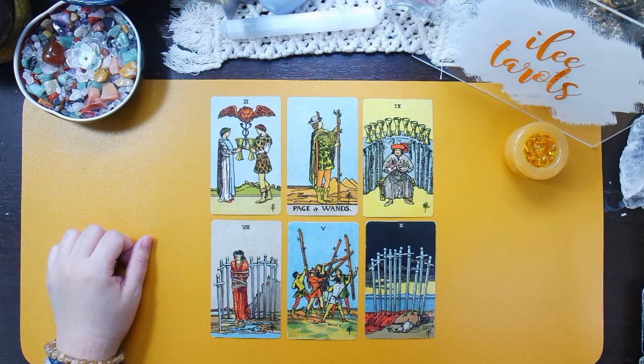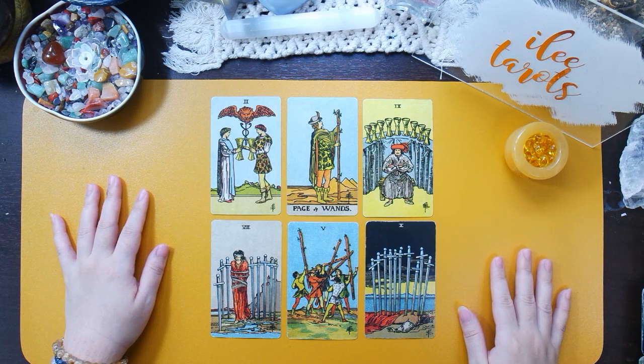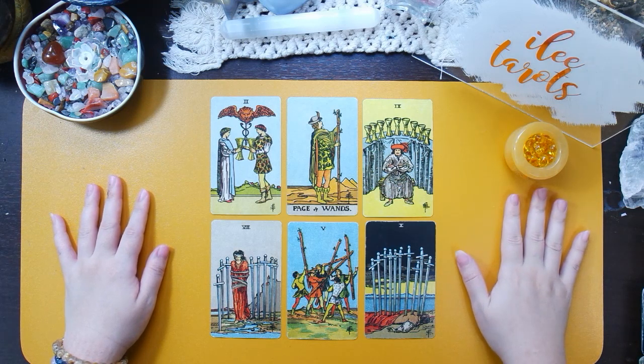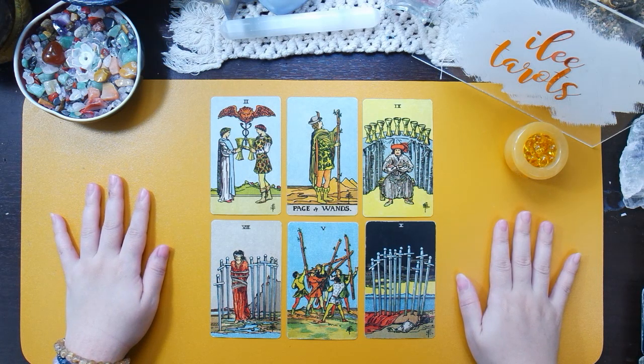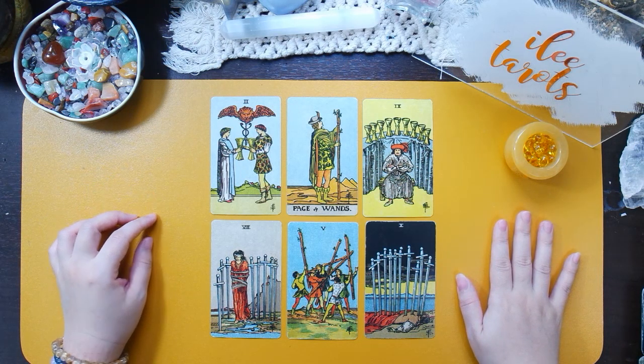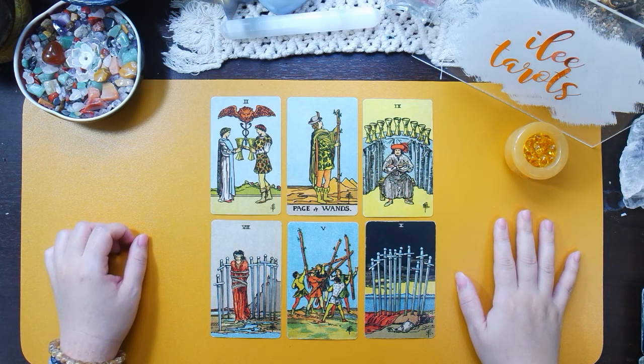I don't want you to think that I'm trying to devalue other people's life so that you can see, oh, your life is great. It's just that this reading is telling you, wanting you to know that you are doing great, and don't stress yourself, don't pressure yourself,